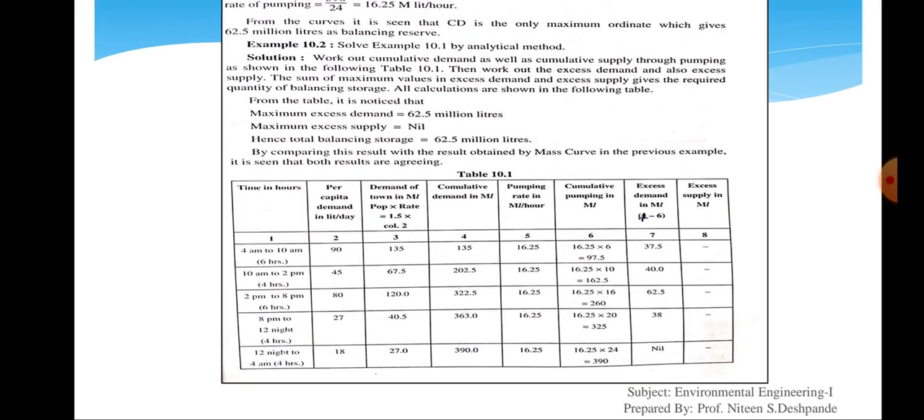So how do we calculate the excess demand? We have to subtract this cumulative demand from the cumulative pumping hours. Okay. So column 4 minus column 6 will give you the excess demand. 135 minus 97.5, you will get 37.5. Similarly, you will get 40, 62.5, 38, and lastly you will get nil, because 390 minus 390 is equal to